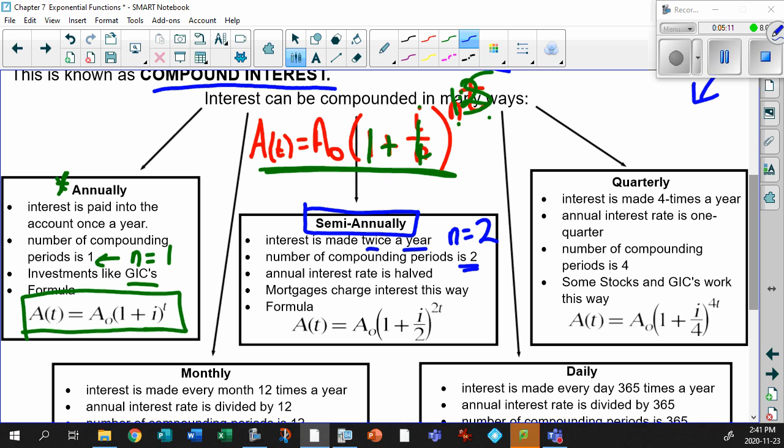Now, what does this mean? Look at your original interest rate right here. Do you remember this little section in here? Let me rewrite it for you. 1 plus I over N, but this is going to be raised to N times T. Aha. So T still is in years. N now is 2, which means, think about it.